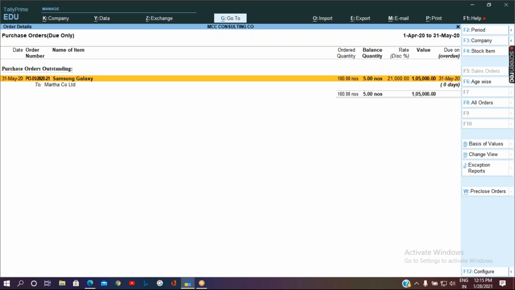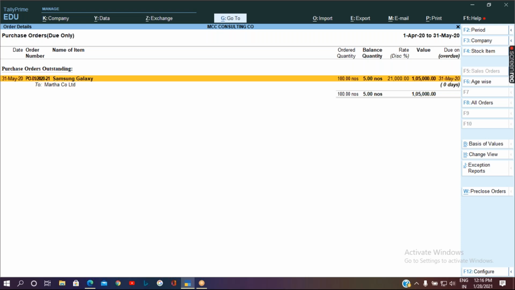Sometimes there is a possibility that we may take a replacement of those particular goods which have been returned back. In case of receiving that replaced goods, the rejected goods, the next transaction will again be a receipt note entry for receiving back the goods. But let's assume we are not going to receive the rejected goods back. We don't want any replacement. So we will continue with only the 95 quantity order.